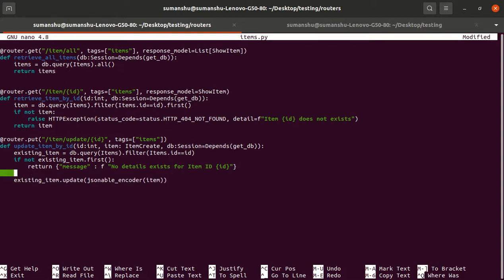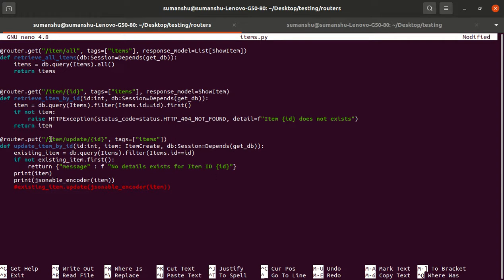If you want, let me show you as well. If I only print item, and if I print jsonable_encoder item, let me comment this for the time being.